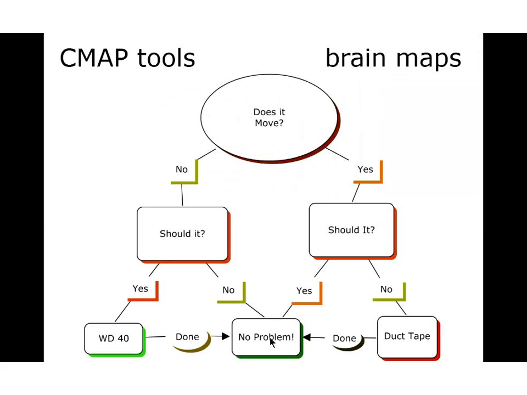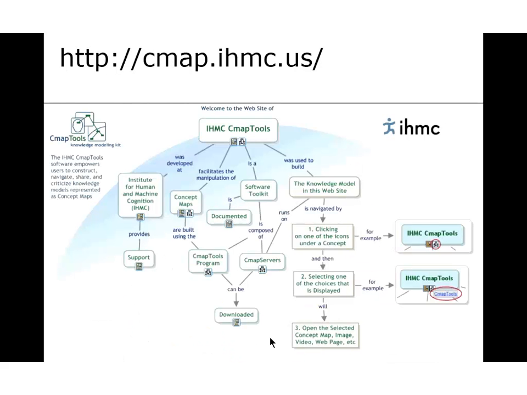CMAP tools, brain maps. Free, open source, runs on 3 OS's, 5-minute learning curve. It's also a client-server box. It's got a client-server module built into it, which you don't even need to think about unless you want to take a look at some of the thousands of CMAPs that have been shared by companies like Boeing out on the net free. But I use it a lot. Just Google CMAP or copy that down.